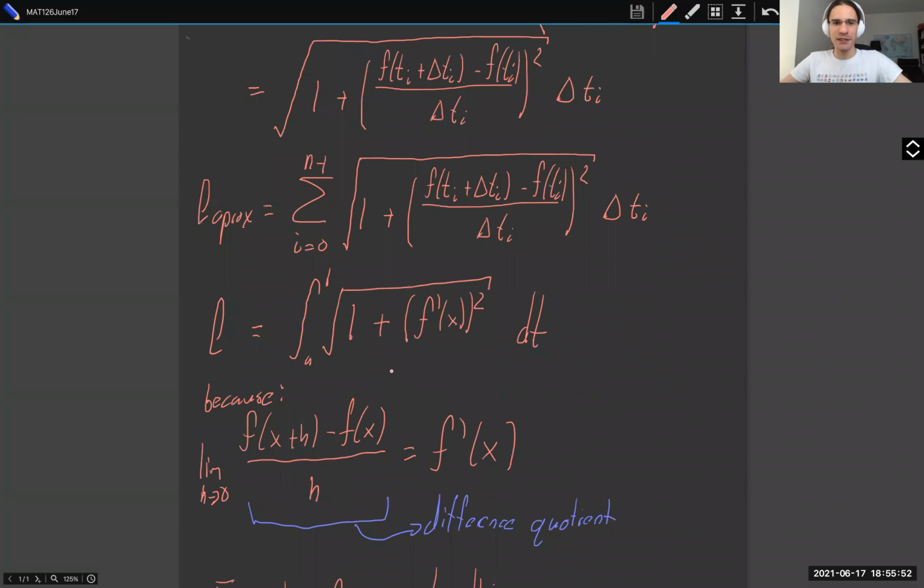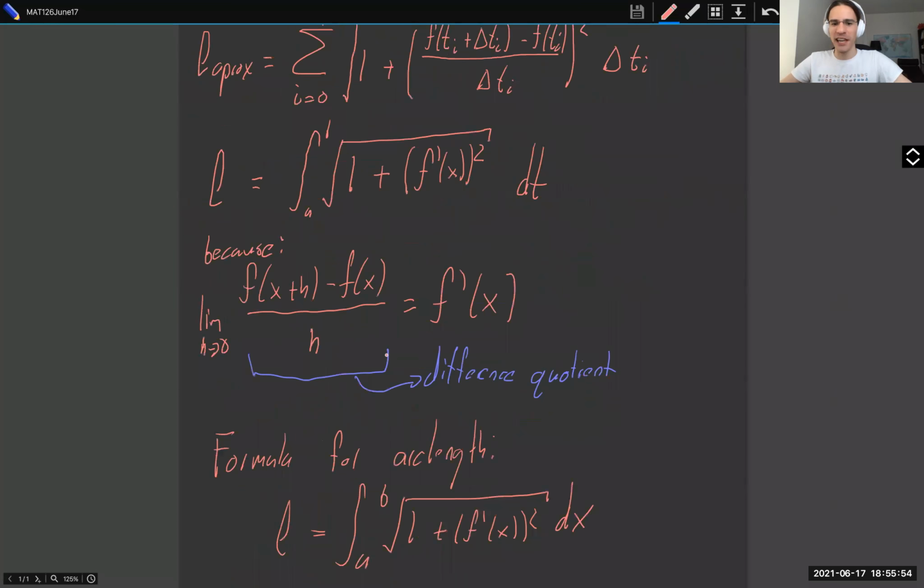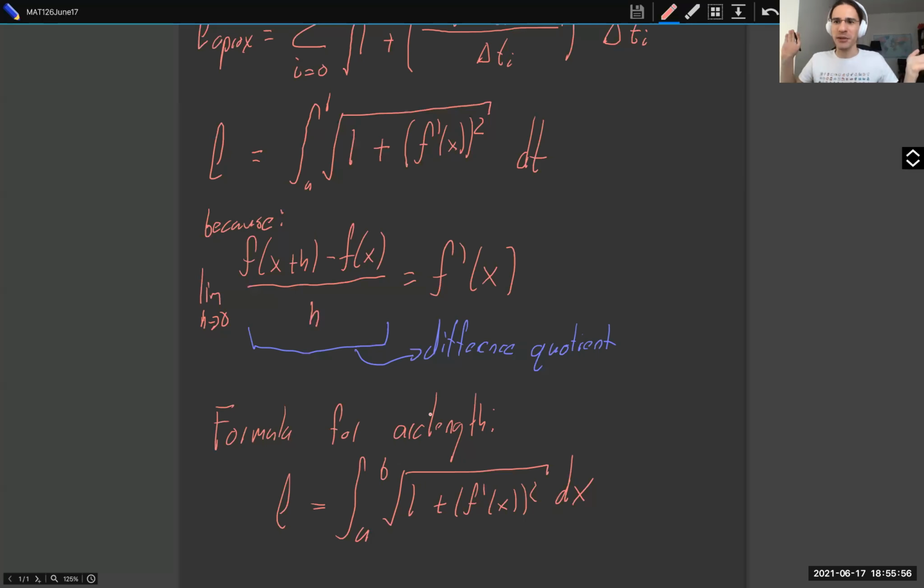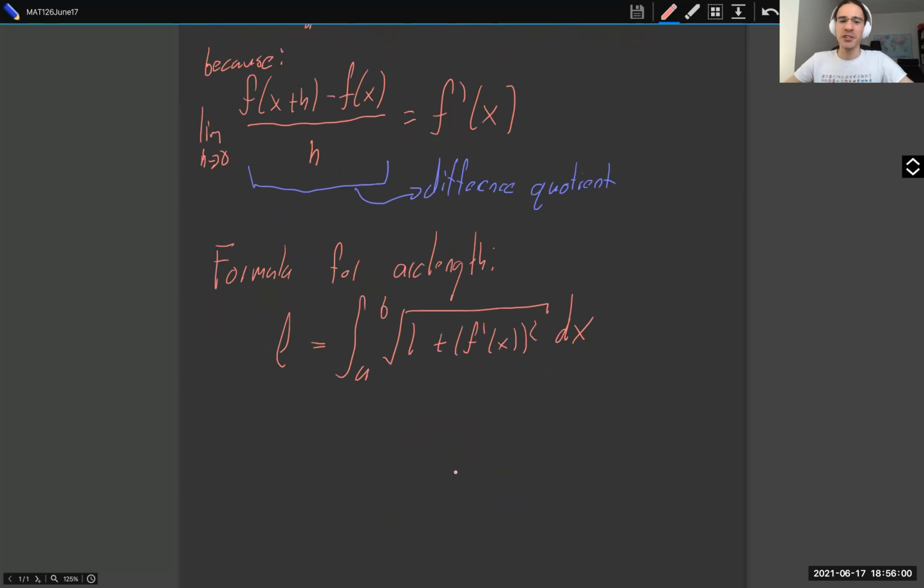And if I didn't do a physicist argument and I just told you that the arc length is this, then why would you believe me? Why is there any reason that this formula should hold? Well, we can interpret it. There is an interpretation, of course. And the interpretation is that if you just look at infinitesimal segments,